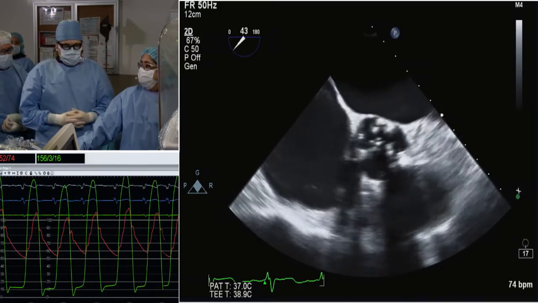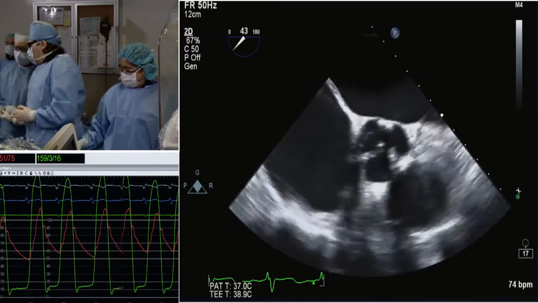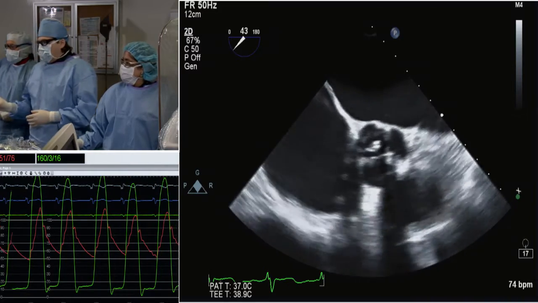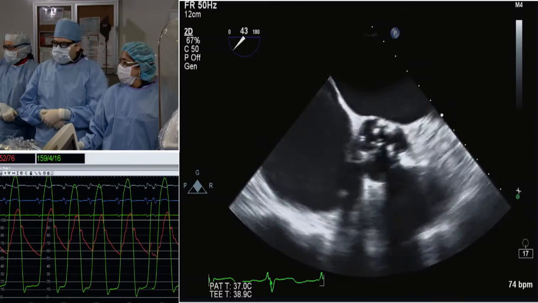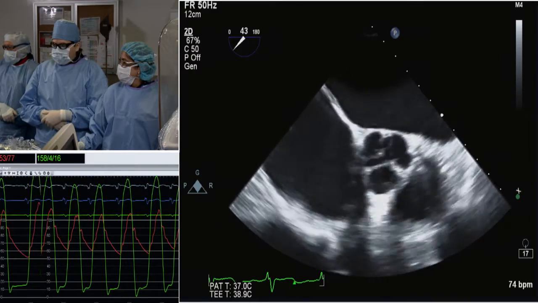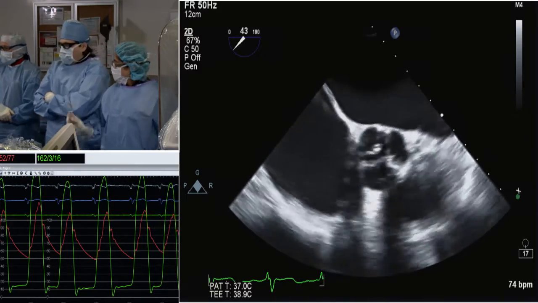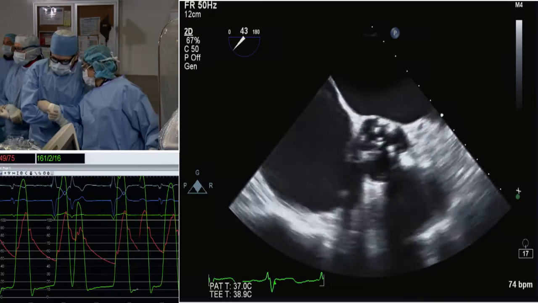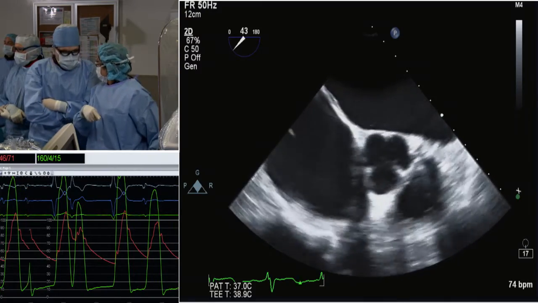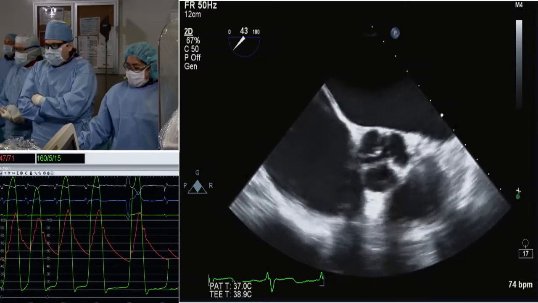This is a nice discussion about paravalvular leak prevention, or characteristics that are inherent to the anatomy. The other thing that can be of concern here is the degree of eccentricity of this annulus. You could see a 20 by 28 annulus. There are some data showing that these types of eccentric annuli may be associated with more paravalvular leak, and therefore